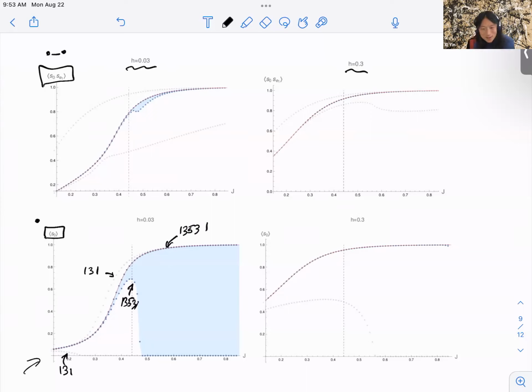But interestingly, this lower bound based on the 13531 diamond is also dramatically approaching the upper bound. So you can imagine that if you include a bigger region, much of this blue region will be gone, and it will converge. This is part of the reason why we thought that the reflection positivity would be sufficient on its own.